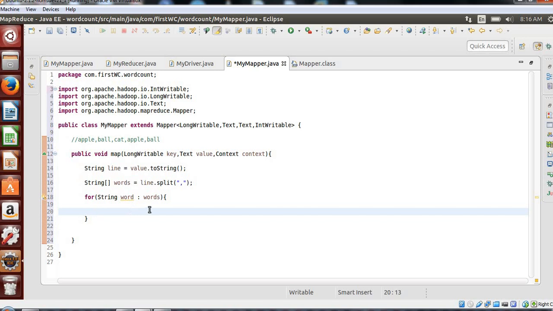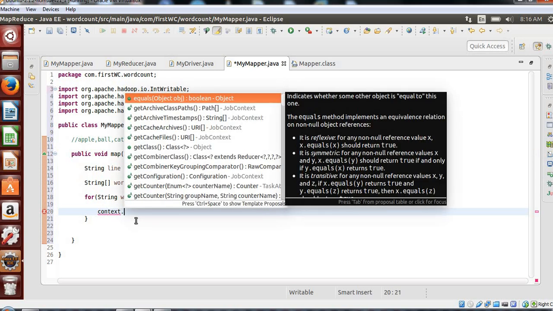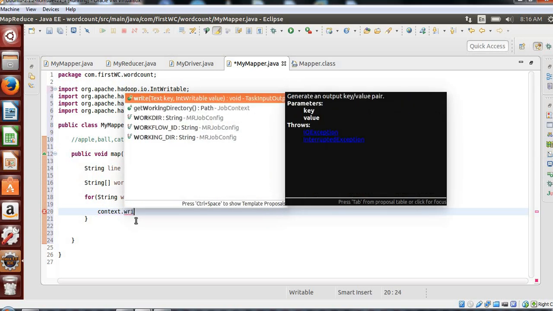Now I'll try to write that. I'll say context.write. As you can see, it suggests putting a key which would be of text type, and a value which will be of IntWritable type.